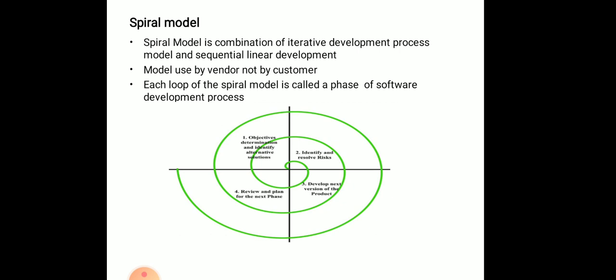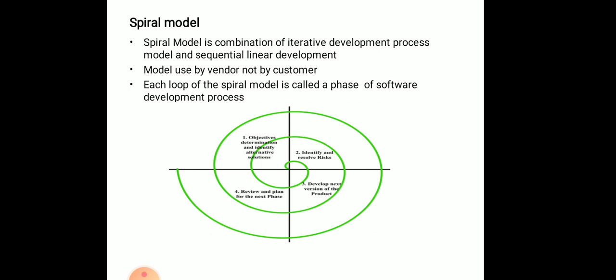Here is a real life example. All of you know the WhatsApp application or any application. We see version numbers like 2.1, 2.3 or 5.1, 5.2. In these versions, what happens? Suppose here it is 5.1, Android 5.1. This is one version. Then the next version is 5.2. 5.1 is one phase of the spiral model, and 5.2 is the second phase of the spiral model.